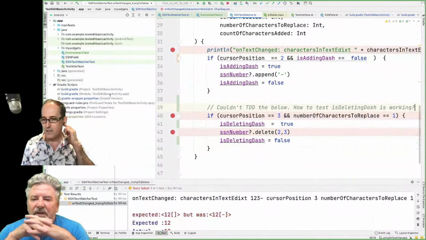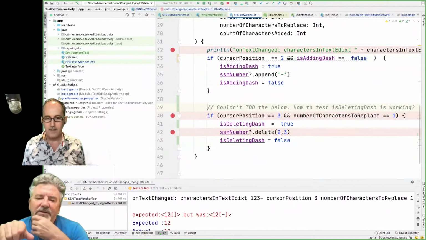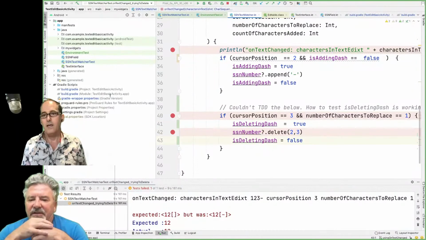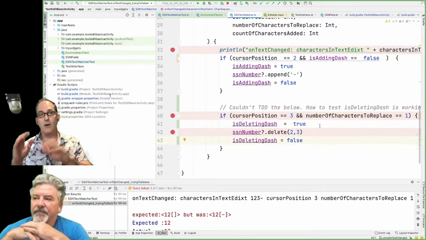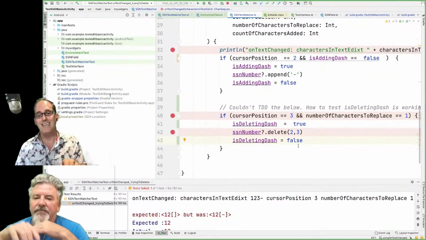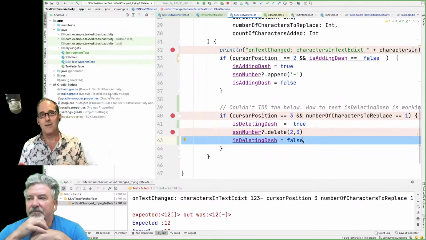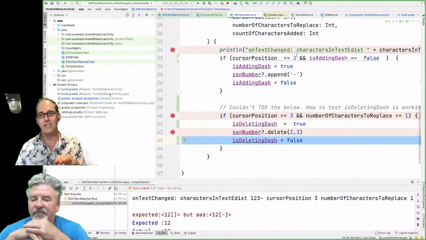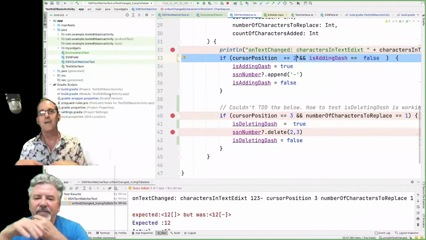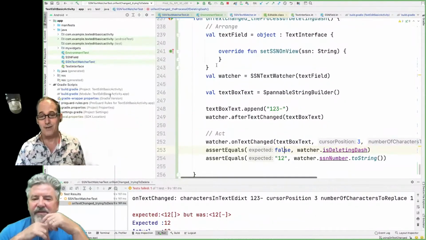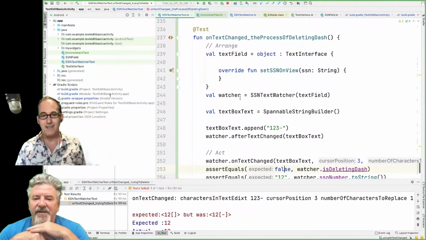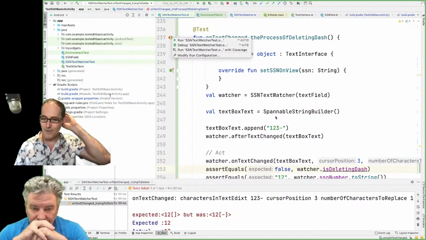Question: but don't we need to use the is deleting in an if statement sometime? Yeah, we do. So I'm trying to go to different levels of hell now. This should make the test pass. And then we need to go talk about fixing the actual functionality that enables it. I don't know if we can TDD that one at all either, but I don't want to be too dismissive. So let me run this. And I don't know if our test is right, but